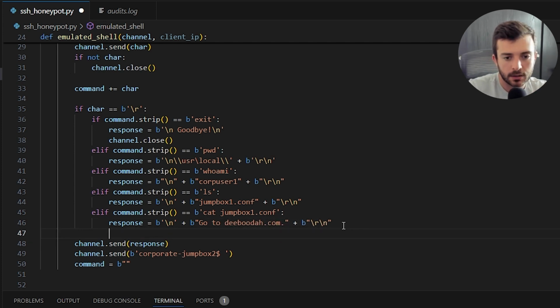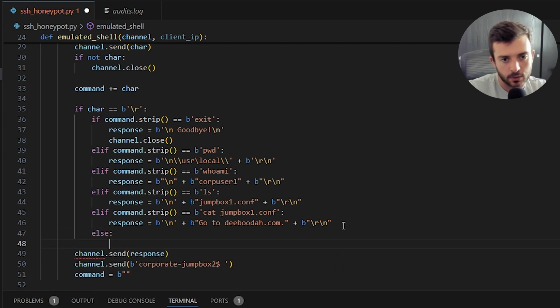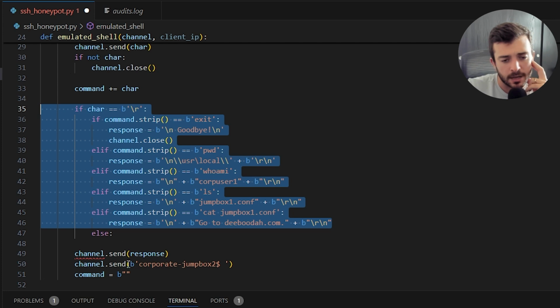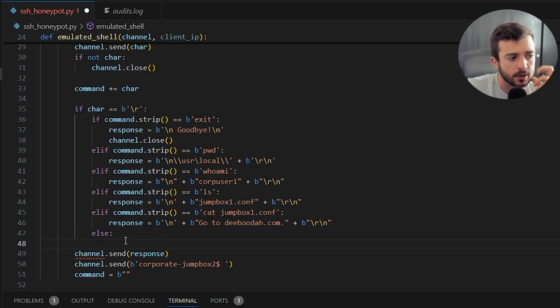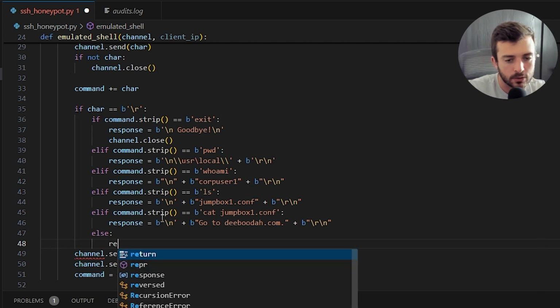And then finally, let's do an else statement. So if none of these commands are used, and you can continue to add more commands, feel free to add whichever ones. We're just going to stick with these for the time being. So what we're going to do now is do an else, and basically if the attacker puts in anything else like hi or hello, whatever, it's just going to echo that back to them. So let's just go ahead and do a response